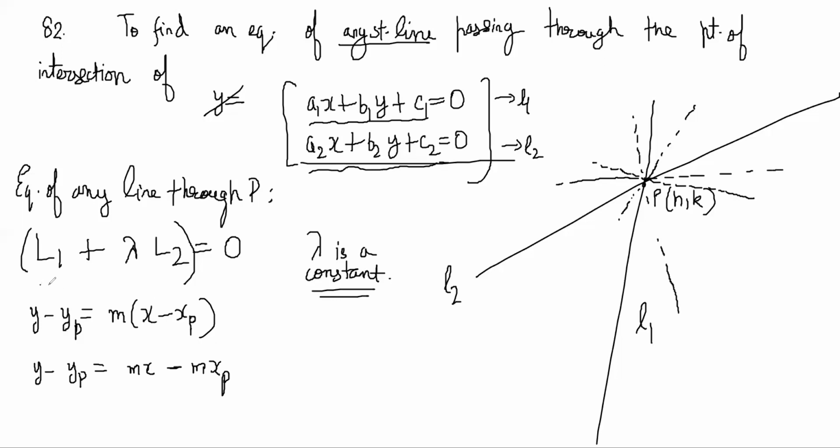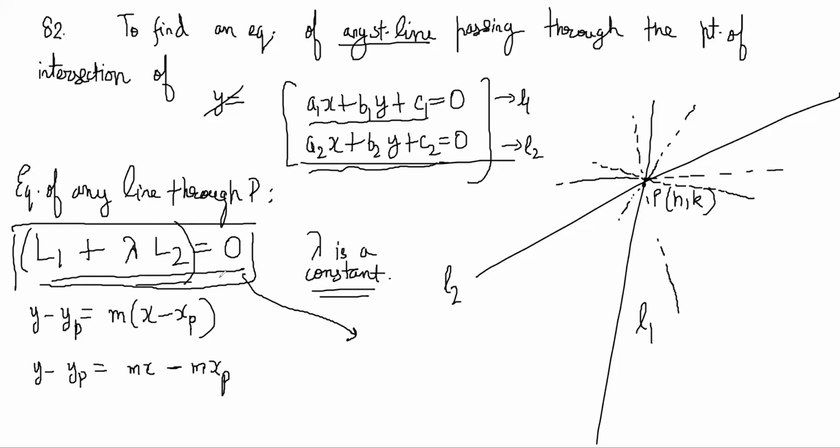you will always be able to isolate the equation of the first line and the equation of the second line in this way. So let's first try to understand how. I don't want to do that calculation right now, but we'll take some examples and do it. First try to understand why this has to be true: the equation of any line through P must pass through P, no? If you take the coordinates of P as h comma k and put this in this line, it should be satisfying.